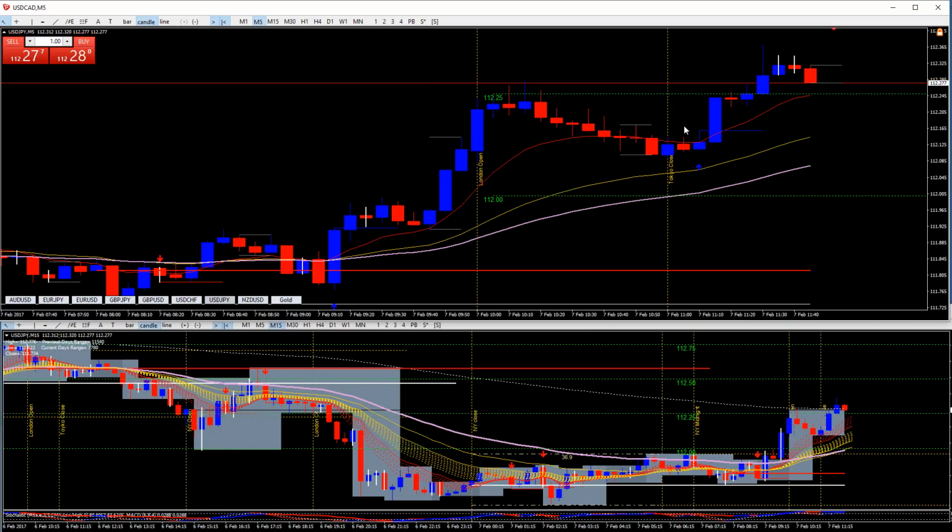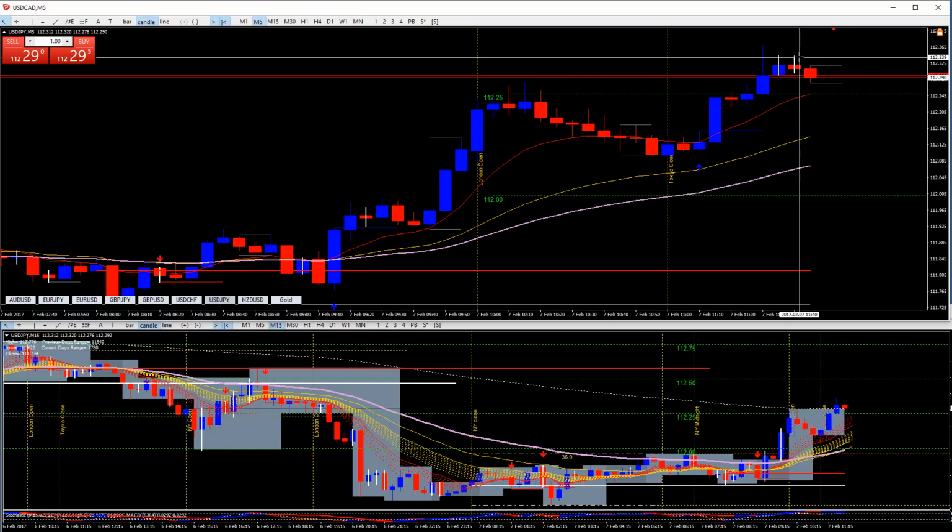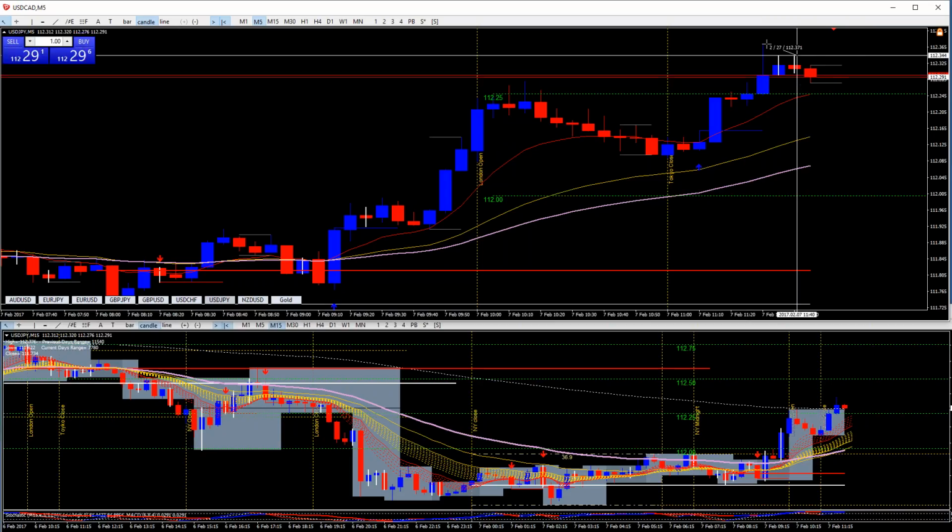We bounced off, we broke through the 25. We're coming back to the 25. This blue inside bar, if it had broken, it would have been a good trade to go long. However, the swing high is only 2.5 pips away,